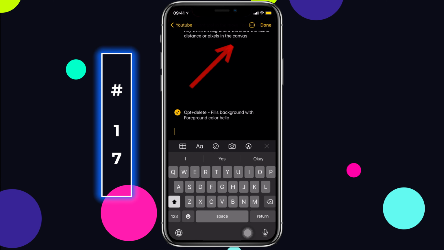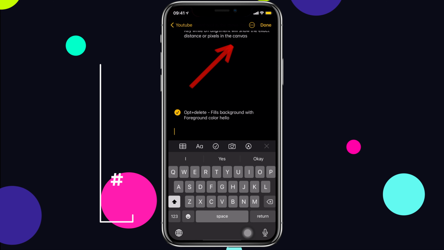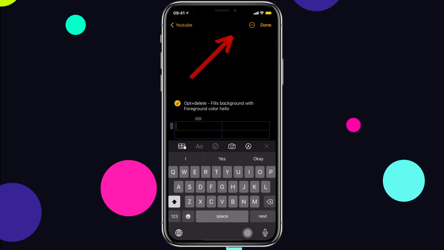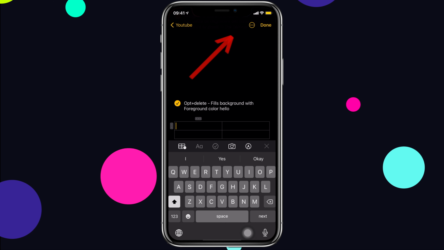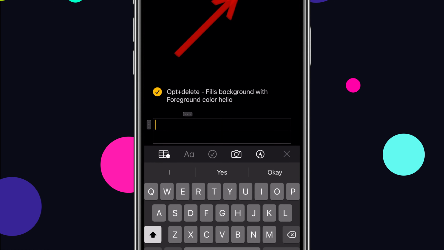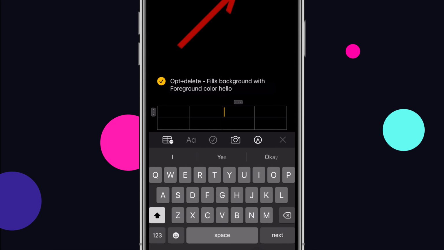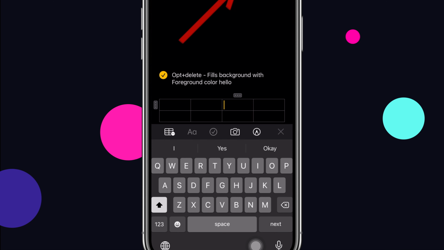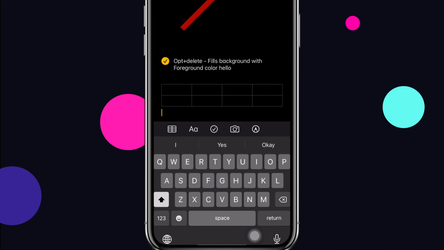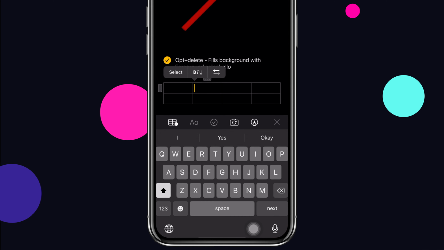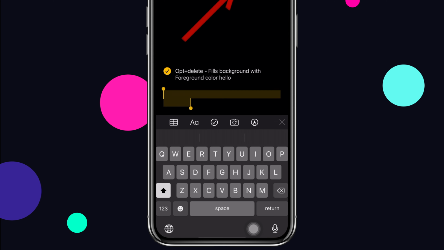Remember where we have the format settings? Here's an option which looks like a table, because it's actually a table. For accounting or something like that, it can prove very handy. You can add rows or columns from here. And the best part is that after creating the whole table, if you feel like the table is not needed anymore, simply long press on the table and choose Table to Text.